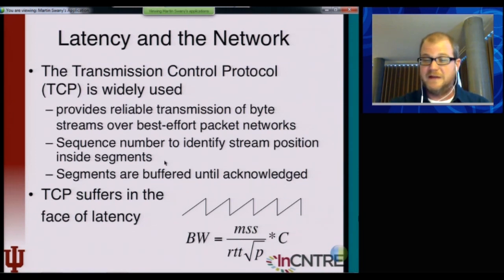So these are good things, but what that means is that TCP suffers in the face of latency. You can see here this sawtooth curve, and what TCP tries to do to take advantage of the bandwidth in the network is, as acknowledgments come back and when packets aren't lost, TCP infers there are available resources in the network, and it increases the number of packets that are in flight, called the congestion window. It increases the number of packets in flight until loss occurs, and then the logic is, now there's congestion in the network, I'm sending too much, I'm sending more than the channel capacity,